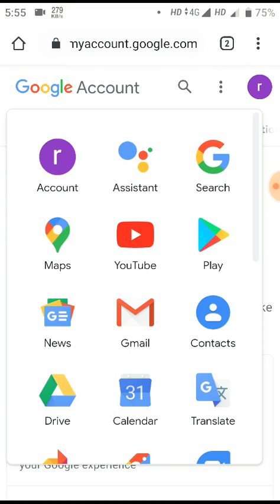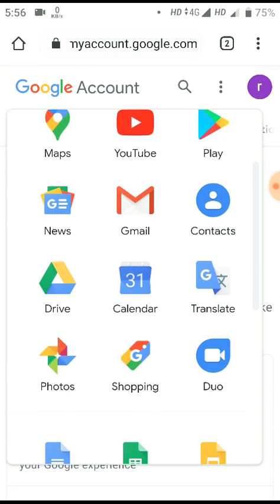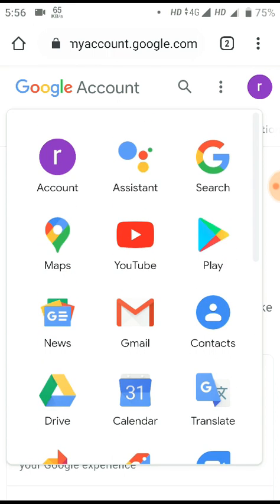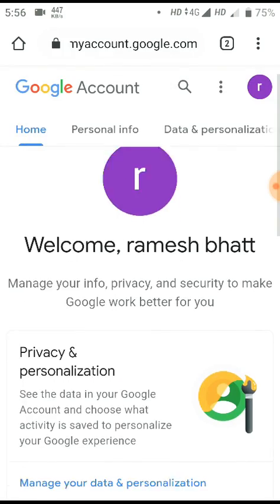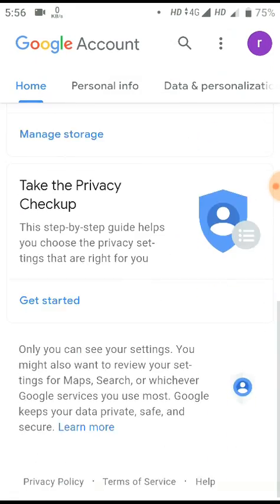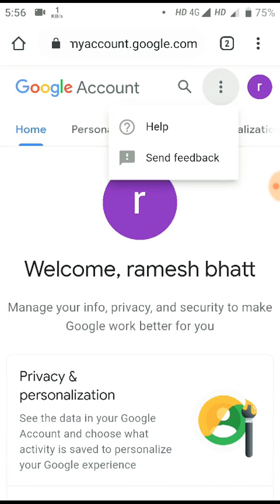Now this is the Gmail account, and the Google account is telling us that they are providing you so many services, and you can use these services also. Okay, so I am just skipping. Now my account is created.